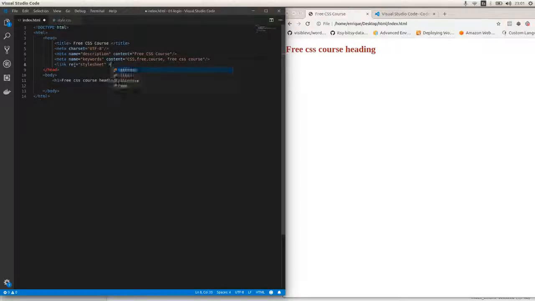We define the type of the file. That's going to be text/css. This is the content type of the file. And then we have the href of the file. That is going to be style.css, because this CSS file is stored in the same folder as this HTML file. I'm going to close this tag,